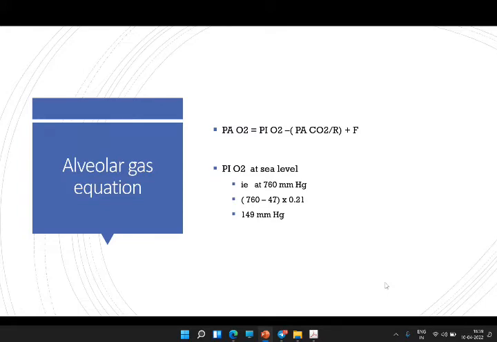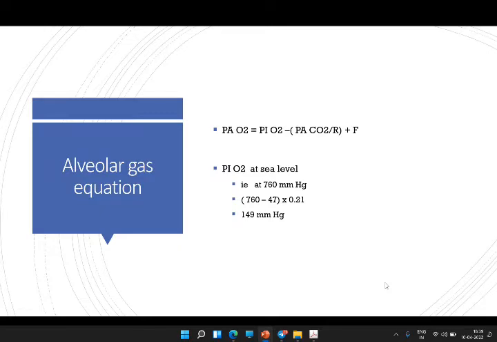So that is PiO2, minus, from that we have to subtract the PaCO2 by R factor. That is a carbon dioxide elimination factor. We subtract it from the inspired oxygen partial pressure, and that will give us the alveolar partial pressure of oxygen in the alveoli. So at 760 millimeters, that is at sea level, there is a 47 is the,